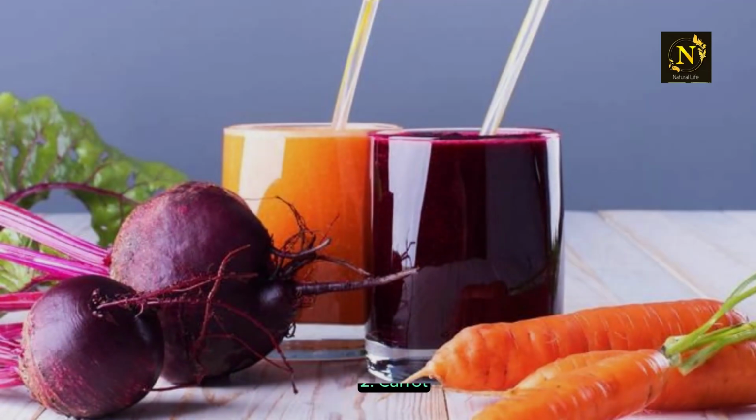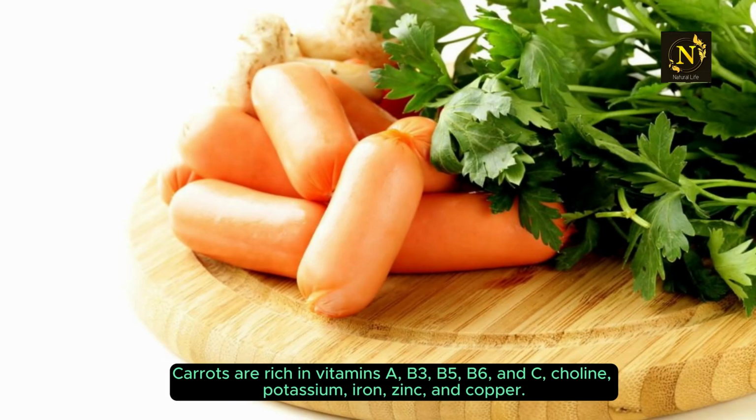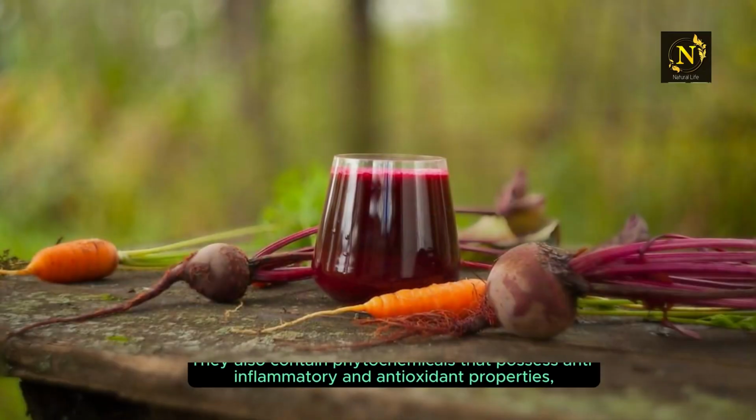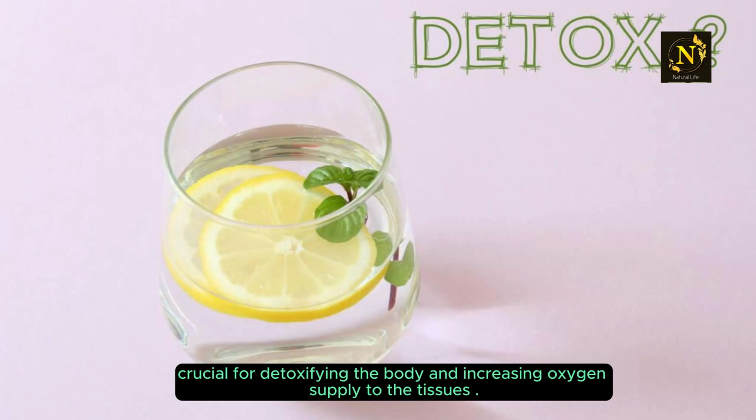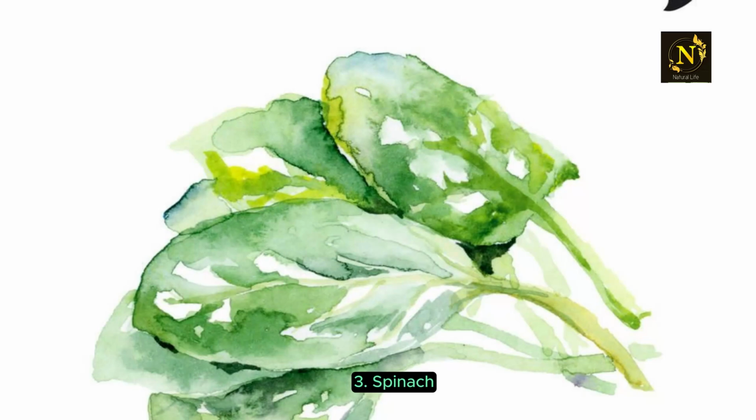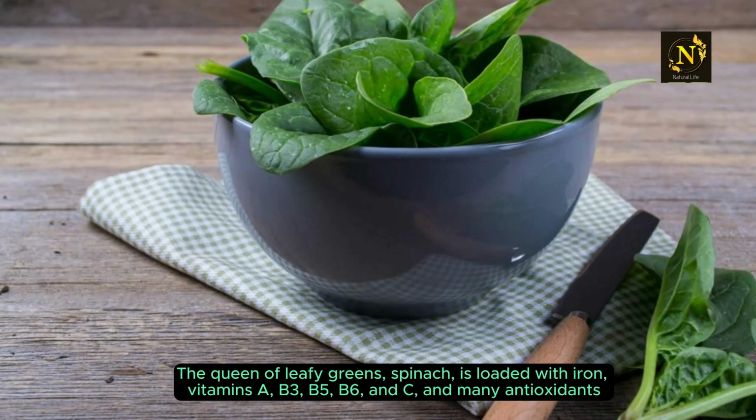2. Carrot. Carrots are rich in vitamins A, B3, B5, B6, and C, choline, potassium, iron, zinc, and copper. They also contain phytochemicals that possess anti-inflammatory and antioxidant properties, crucial for detoxifying the body and increasing oxygen supply to the tissues. 3. Spinach. The queen of leafy greens, spinach is loaded with iron, vitamins A, B3, B5, B6, and